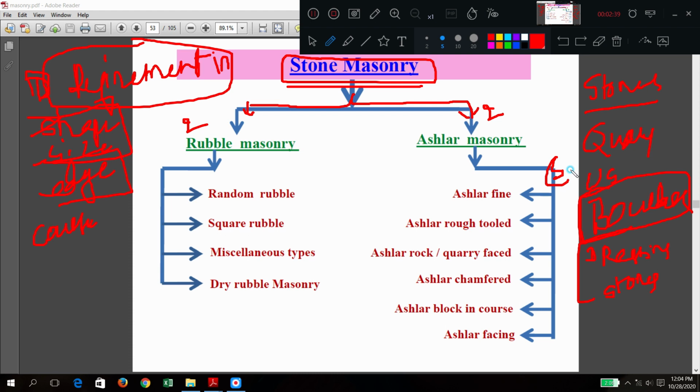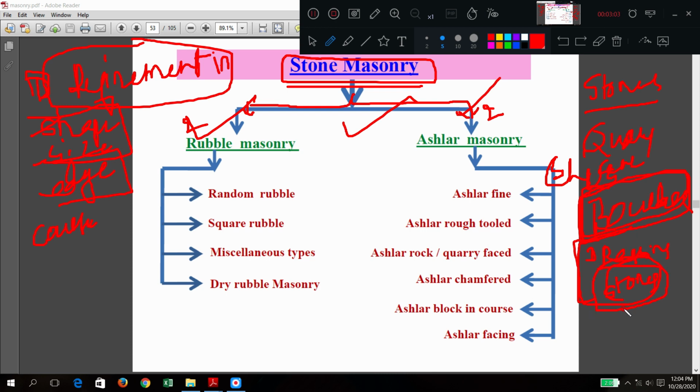What are those dressing tools? Chisel, hammer. All those things are used to convert rough or irregular shaped boulders into normal regular sized stones. This is at the later stage, and during construction in building works, these stones are brought to that site.